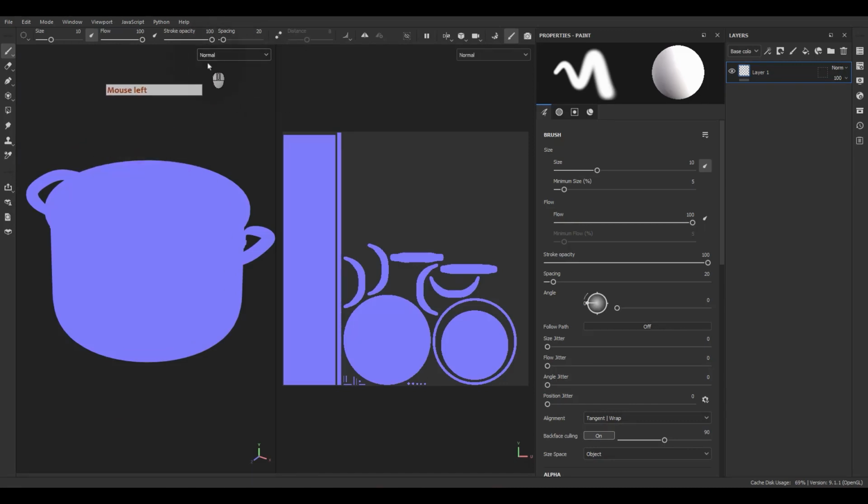So this is the normal. The normal channel, as I told you before in the fill layer, is like a playground for creating details and playing with the details, but in a fake way. We are not adding real geometry inside this channel. We just play with the light and the direction of the light, how it reflects and bounces, to create illusion, to create